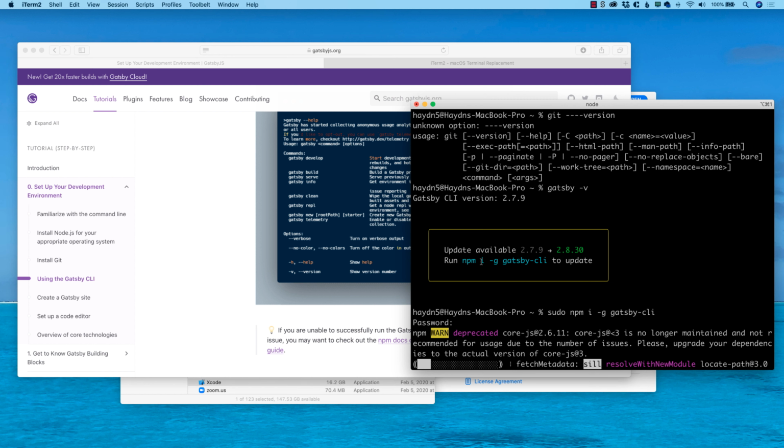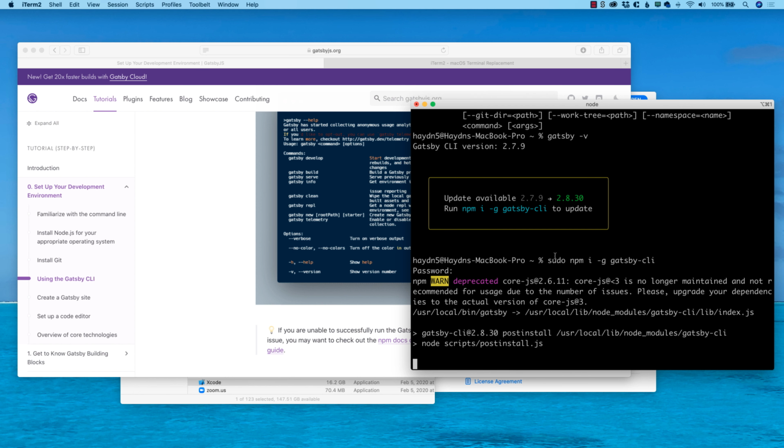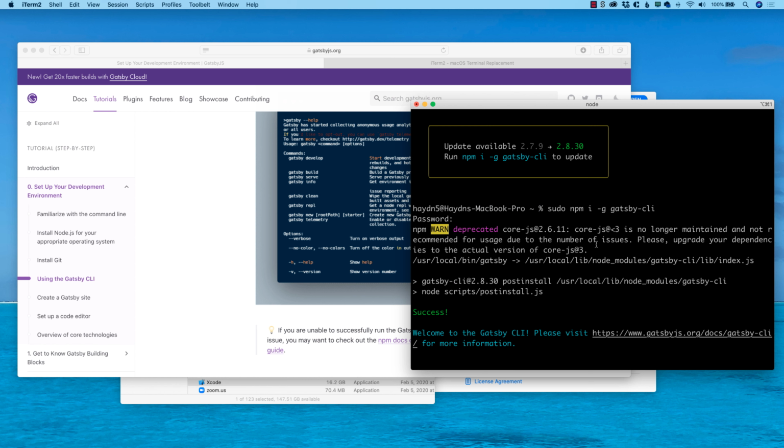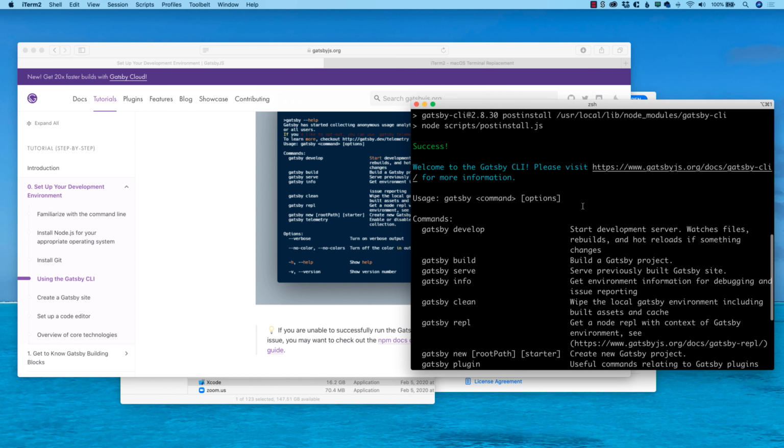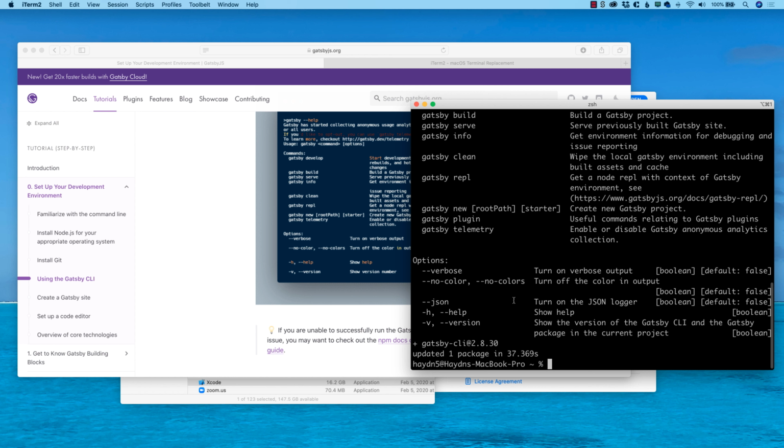This will pop up every so often, just so you know. Anytime you have some system-wide runnings, you're going to have updates available. All I want to do is type sudo npm i -g, and it'll tell me. And just like that, it installed. That's pretty darn cool. Welcome to Gatsby CLI. Please visit the Gatsby JS docs, Gatsby CLI, for more information, which we're looking at right here. Kind of cool. And again, I can say gatsby